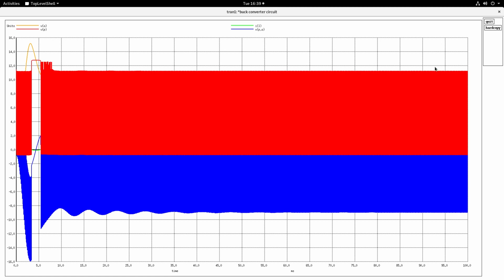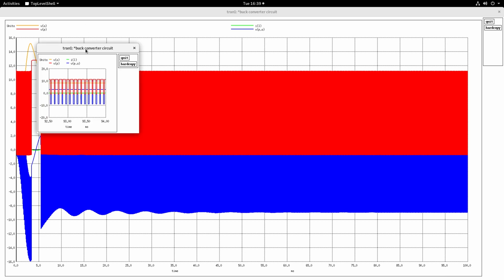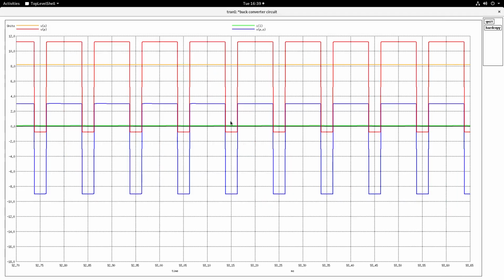So you would like to look at the steady state waveform. You can right click on the mouse and drag a very small portion on the steady state portion so that you will be able to see that portion only. So zoom that up. So this is the steady state portion, and you have green color as the IL waveform, pole to output is the inductor waveform, pole voltage waveform, V0 waveform. So you can study them in detail here.